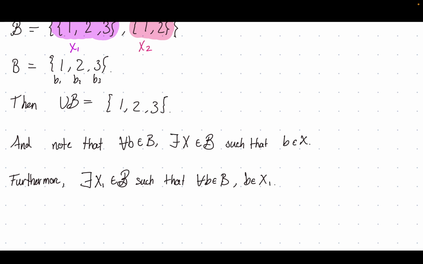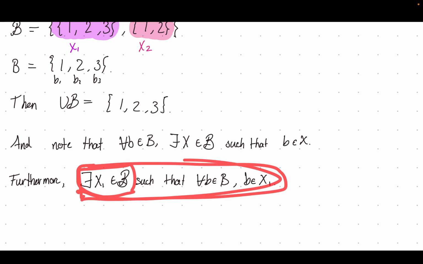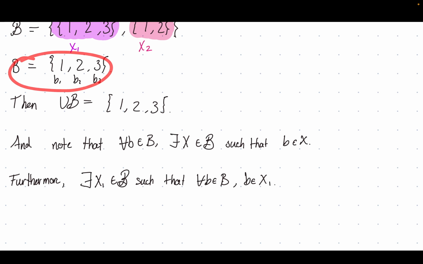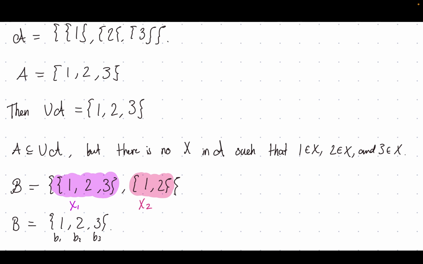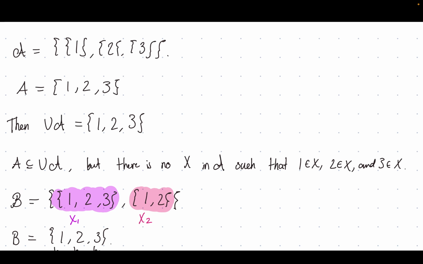And note that it's not enough that this property, or this kind of statement, holds for this specific B. It has to hold for every possible B. So it has to hold for any subset of the union of script B, or as in our original example, any subset of the union of script A has to have, sorry,